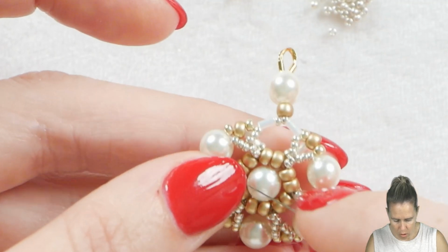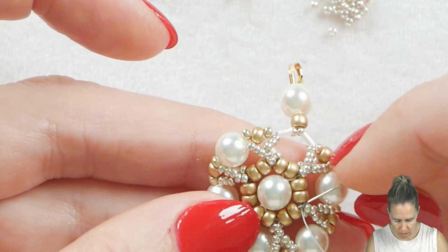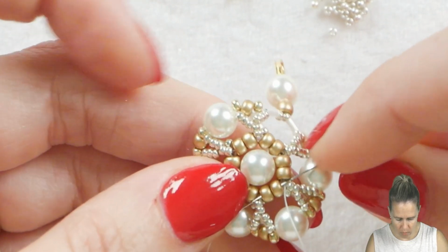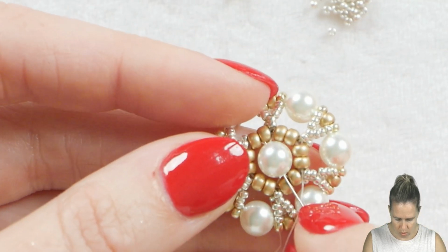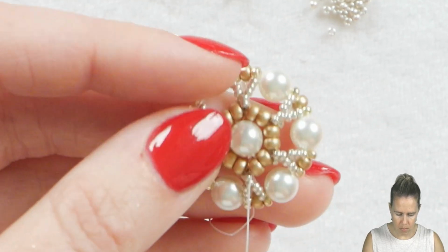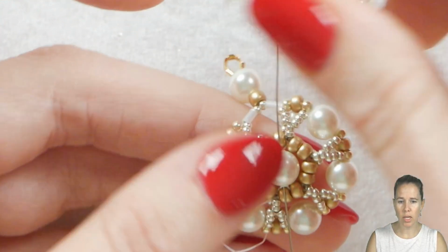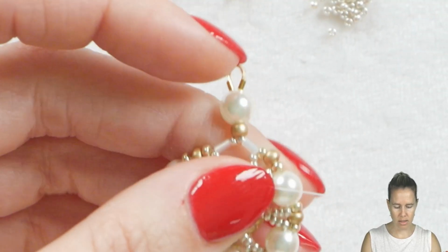From here, I am looking for where is the hole in my purl. I'm going to sew through my 8/0s the whole way over till I can find the hole in my purls, which is right there. So I'm going to go through this next one here, pop my thread and needle out, go through that purl, and once you're through the purl here, you are going to add in 8 of your